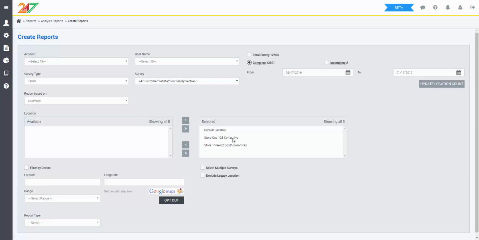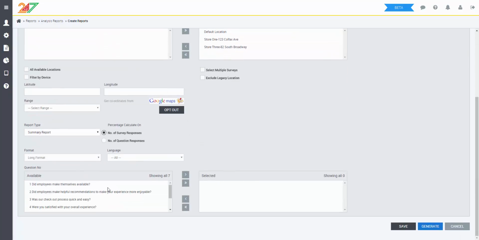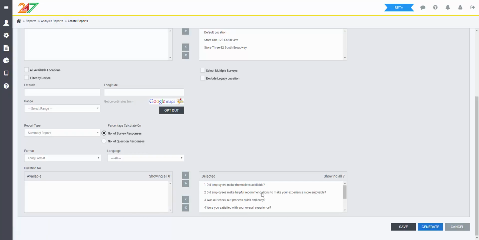Next, I can opt to include a single location or all of my locations. In this case, I'll leave it set to all of my locations. I can set my date range, whether I wish to include complete or incomplete reports or both, and then just select my report type. Today we'll start with a summary report. I can choose to include specific questions on my report, but in this case I'll just include all of them. Then it's as easy as hitting generate,